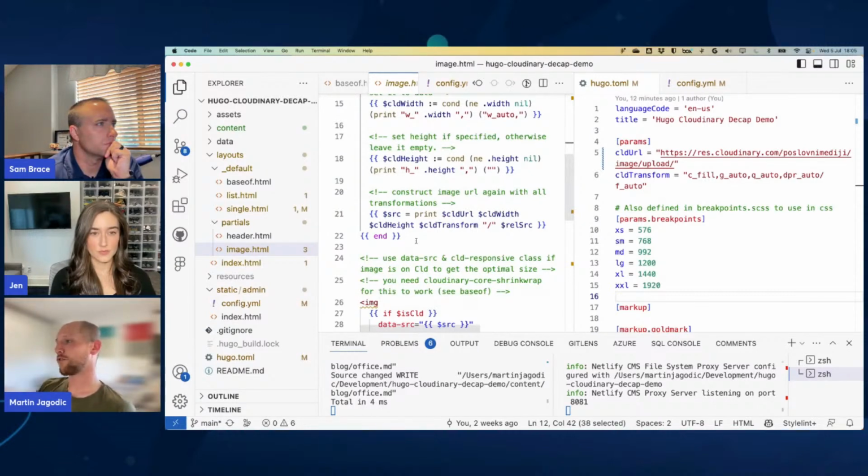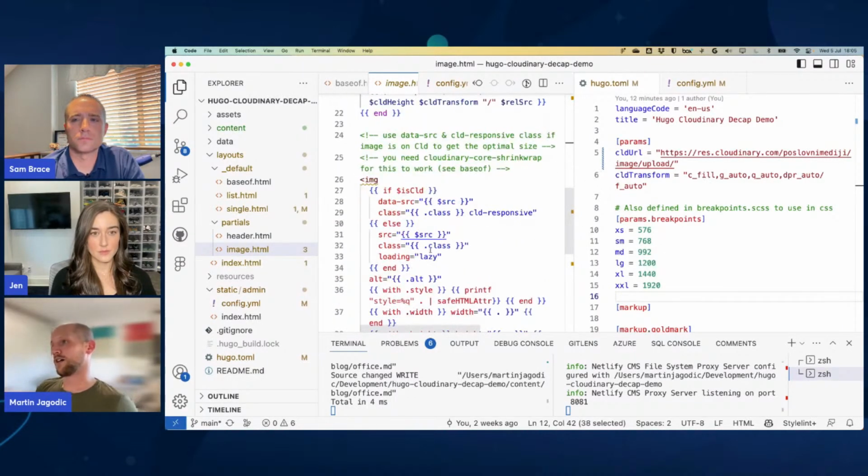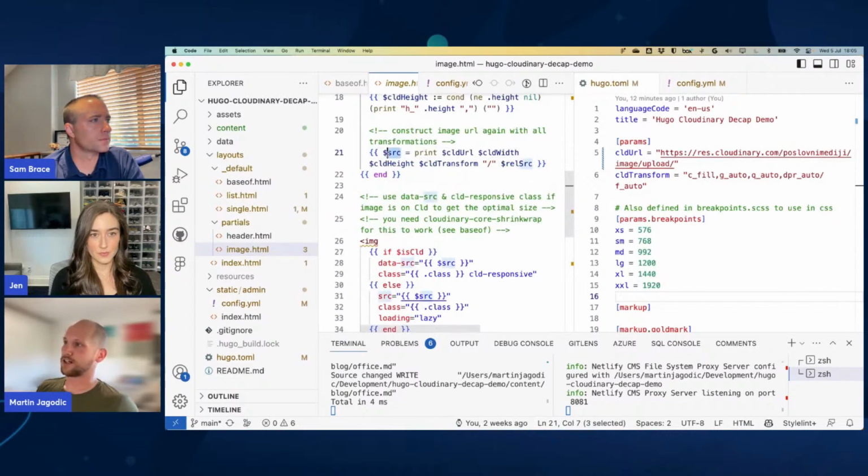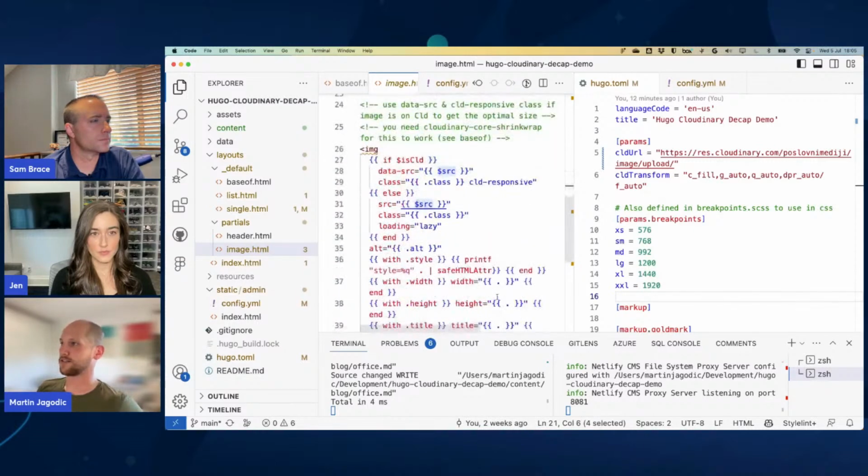And when I have all that, I'm just going to combine this again together to get the URL with the base, the transformation, and the slug, which I stored here under the src variable. And then I'm just going to use this in the image tag because we're still in HTML. And one thing